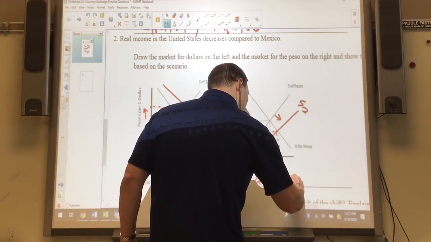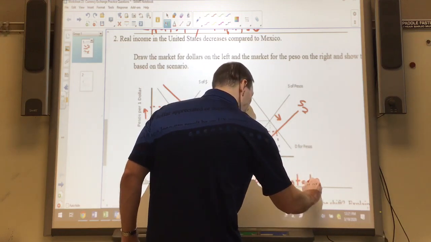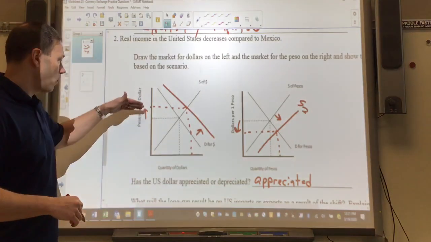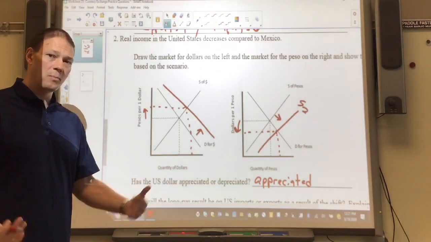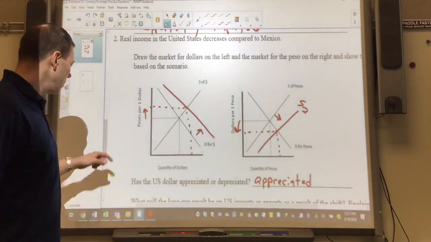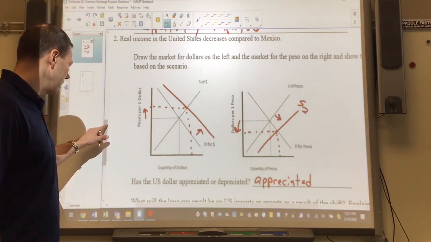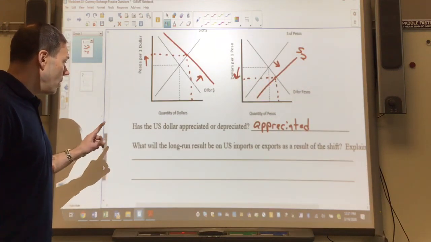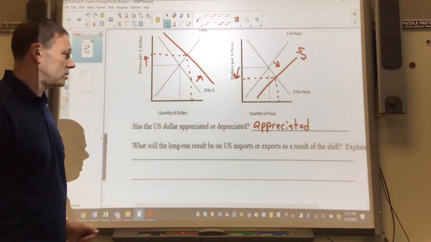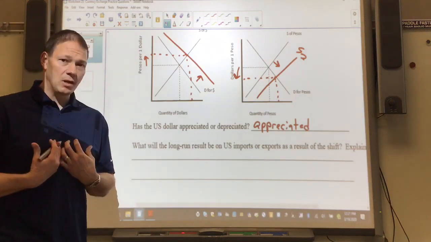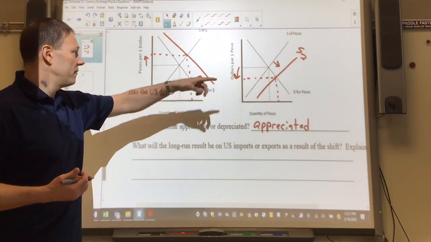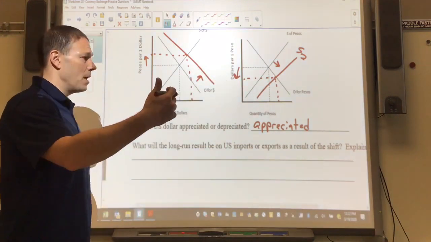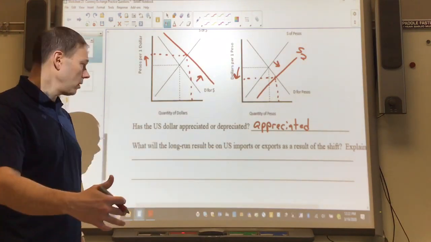Okay, the dollar is more valuable, and again, think of it in terms of that baseball card. It takes more pesos to get a dollar. If it took more pesos to get your baseball card, woohoo, my baseball card's worth more money. In this case, the dollar's worth more money. And then, if it takes more pesos to get a dollar, our stuff becomes more expensive. If it takes fewer dollars to get a peso, Mexico's stuff becomes cheaper, and so what's going to happen in